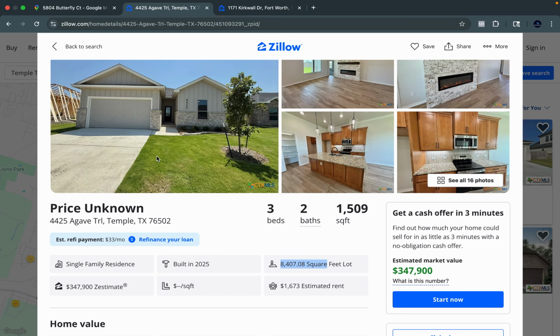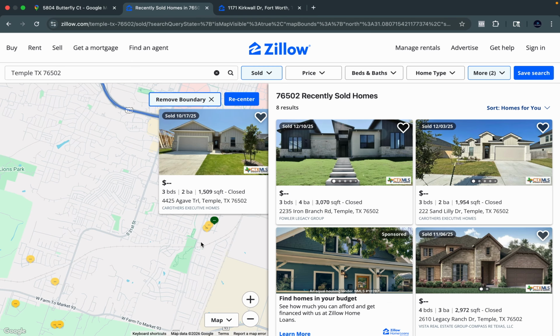I want to find the average square foot per lot for all three of these homes, and then multiply it by the subject property's square foot per lot, and from there we can decide how much the home would sell for. In this case, since I've already done that, realistically the home could potentially sell for